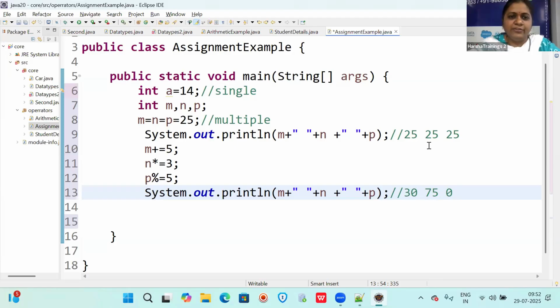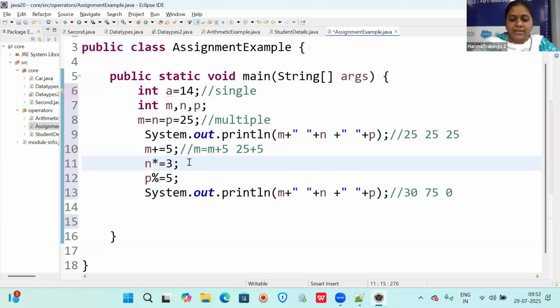Correct? So I did only 3 compound statements here. Understood now? First we are printing this and next we are calculating. How will it do? m is equal to m plus 5, that means 25 plus 5. n is equal to n into 3, 25 into 3.